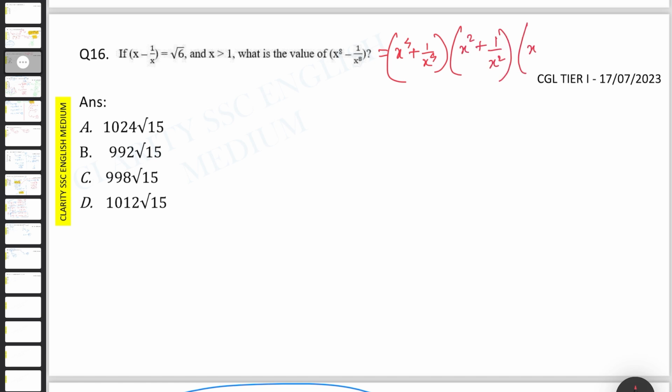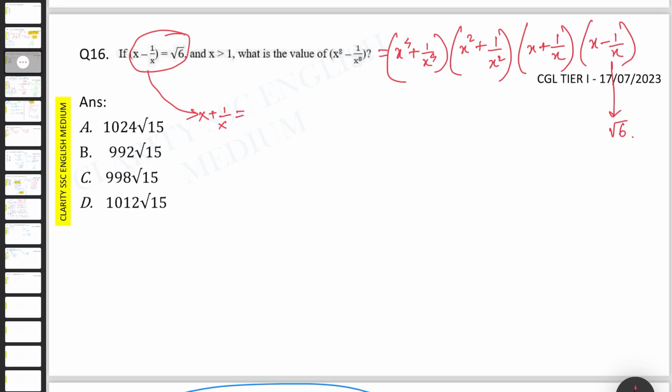Again, x plus 1 by x, then x minus 1 by x. So here we need to find the value of these 4 expressions. We already have this value: x minus 1 by x is root over 6. We need to find this x plus 1 by x. From this x minus 1 by x, we can find the value of x plus 1 by x